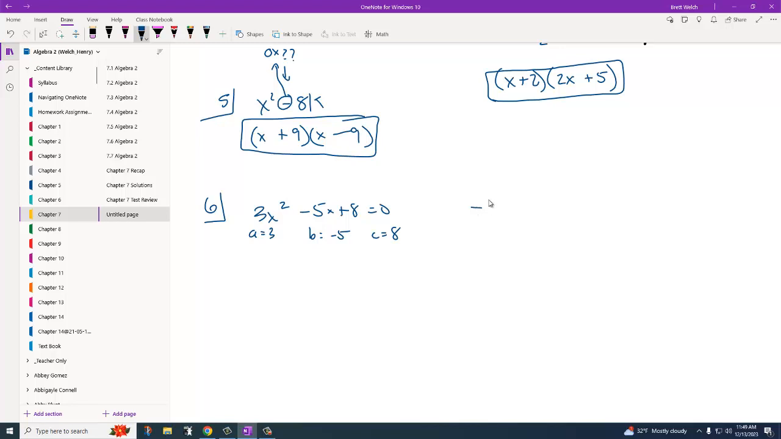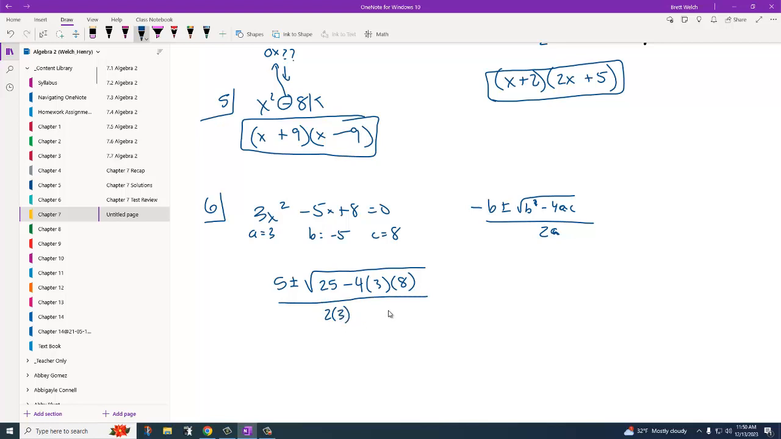And the quadratic formula, of course, is negative b plus or minus the square root b squared minus 4ac all over 2a. Hopefully you can read my handwriting on that. But we're going to take negative b. Since b is negative 5, the negative of b would be positive 5 plus or minus square root b squared. Now, I'm going to tell you right now, don't write negative 5 squared. What is negative 5 times itself? Well, that's 25 minus 4 times a, which is 3, times c, which is 8,